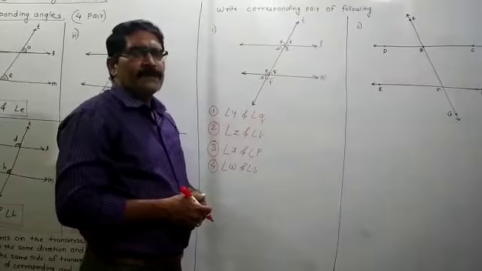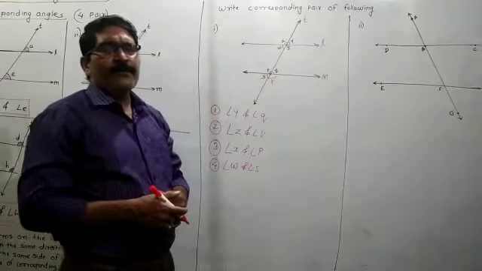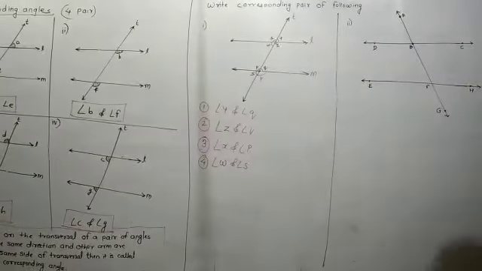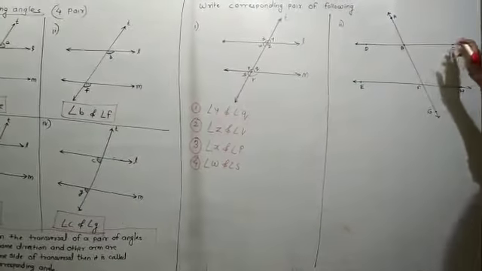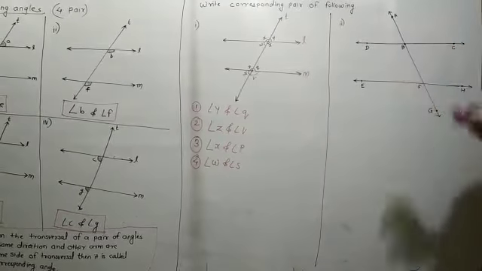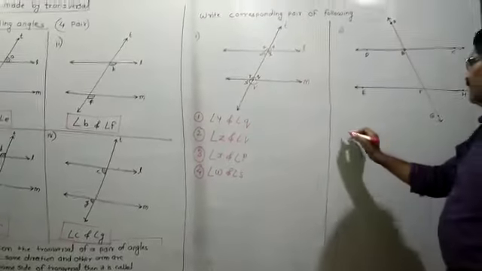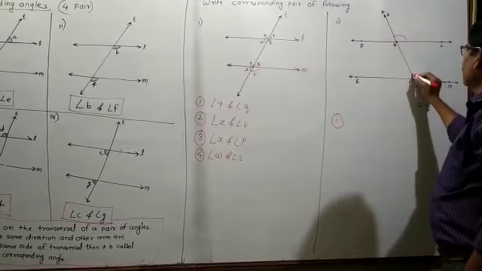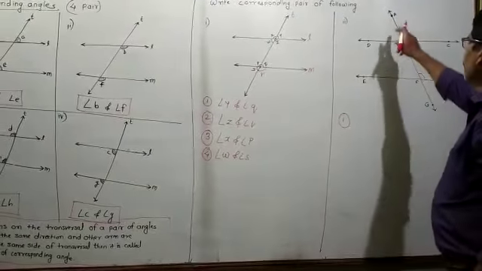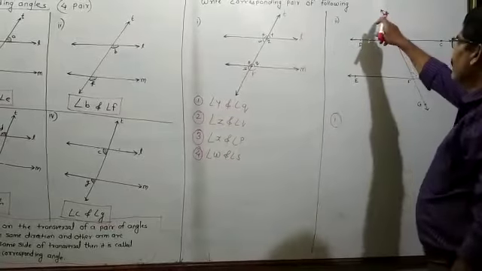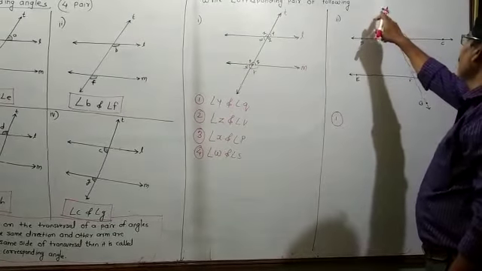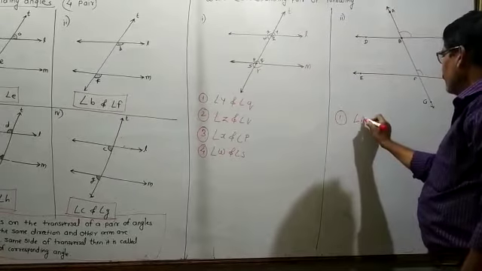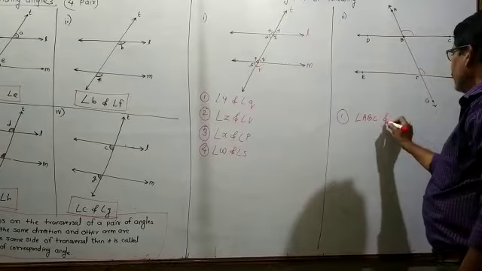But if you want to read the pairs of the corresponding angles in this figure by reading the angle with three letters, how do you have to read? Who will say the first pair? I will say that this angle and this angle is the first pair. How do you have to read? You have to start with any arrow end. So I will start with this arrow. I will read this angle as angle ABC.